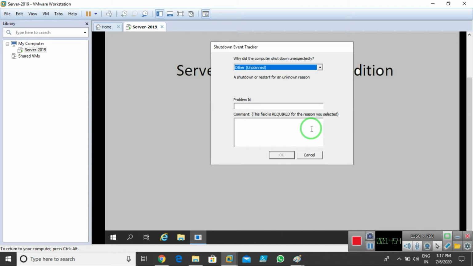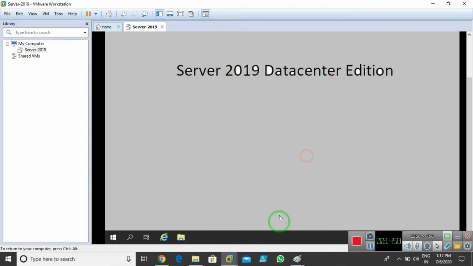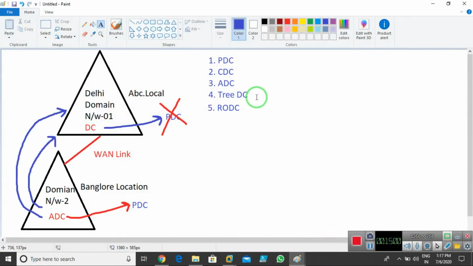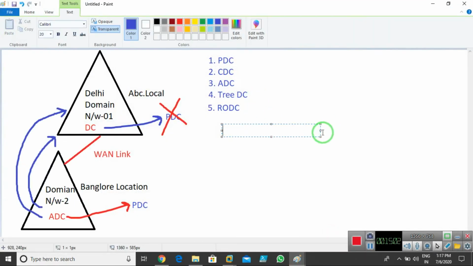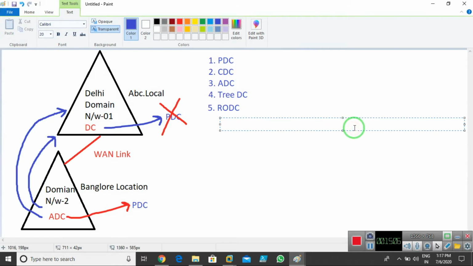Okay, before I start the practical, I tell you one thing also, that we need to know the requirements of AD also. What are the requirements to install Active Directory in servers? So you can say the install requirements of AD: number one, the IP address should be configured.